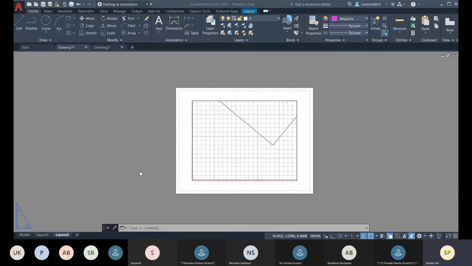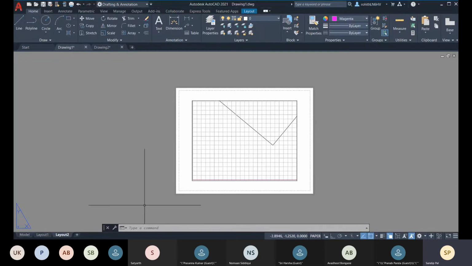Okay, so we have paper space. Whenever we will be finalizing our drawing, our model for printing, we'll be placing it on paper space, and this is the area where you will be setting your page and your margin and all the placement for your drawing.